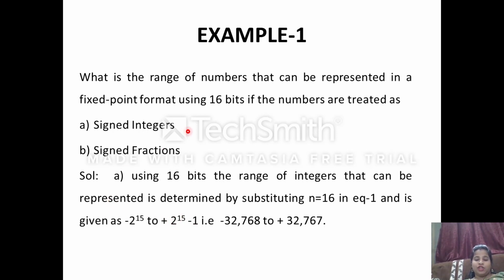As n is 16 bits, the answer is minus 2 power of 16 minus 1, which is 15, to plus 2 power of 16 minus 1, minus 1. So the range will be minus 32,768